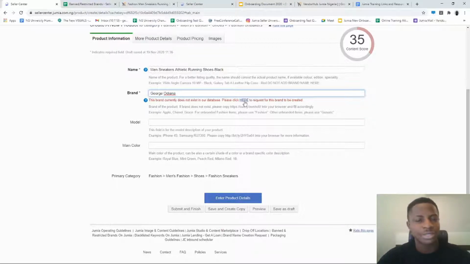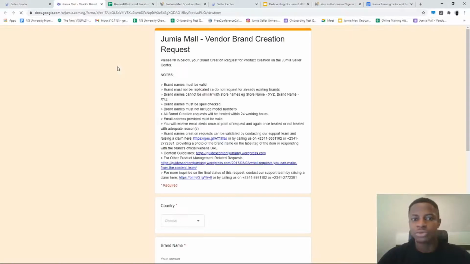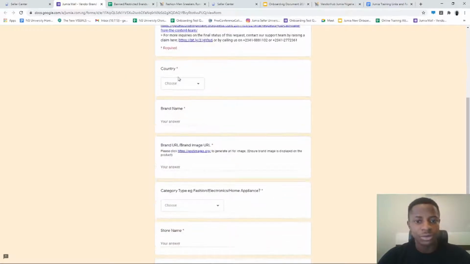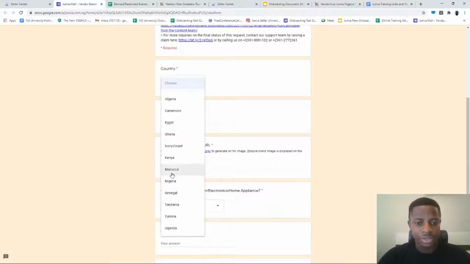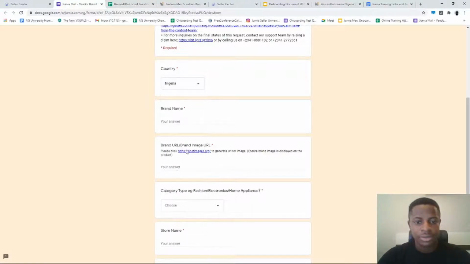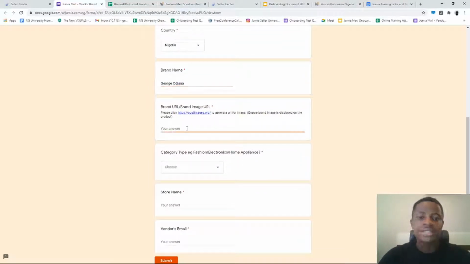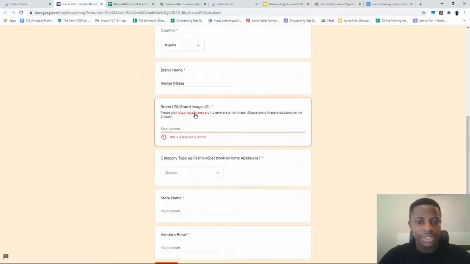Let me walk you through the steps in the next few seconds. All I need to do is click here, open this up, and it opens me up to a form that I'm required to fill. I'll simply select the country, which is Nigeria, and put up the brand name. The next thing I'm required to do is click on this link to put up the image of the item showing the brand name boldly. So you need to take a picture of the product showing the brand name boldly and upload it using this link. I'll click on postimages.org,